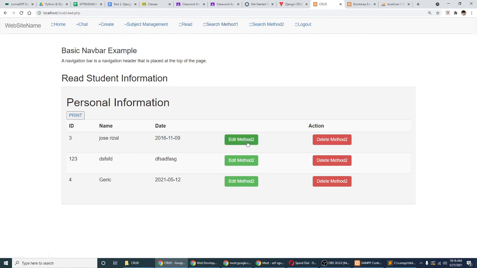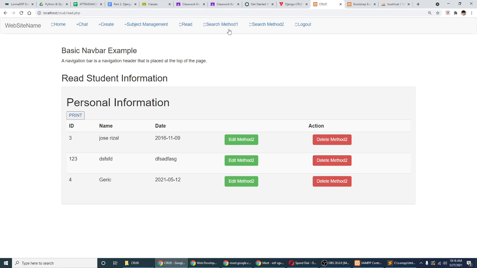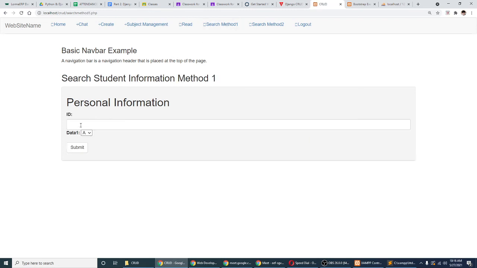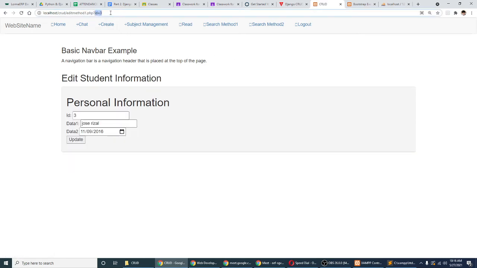Next, we have method 1 and method 2. This, method 2, is for the post method. We have another method. But before I discuss that, we have edit method 1 and edit method 2. What is the difference? Edit method 1 has an ID there. So that's why it's not used